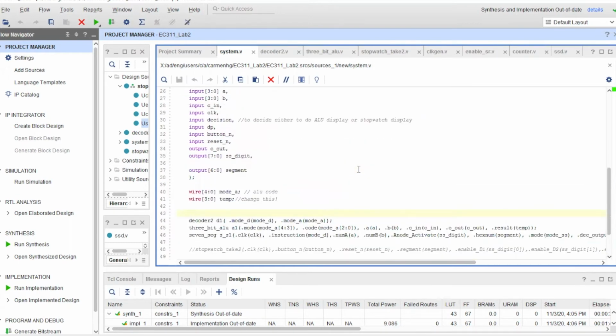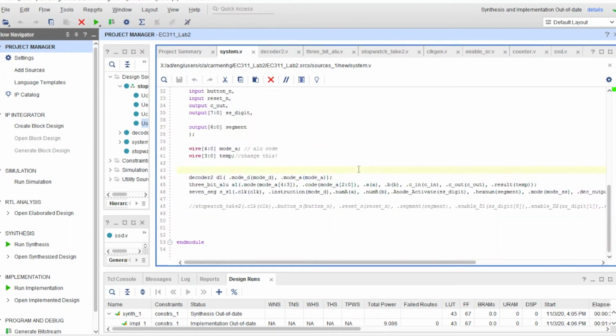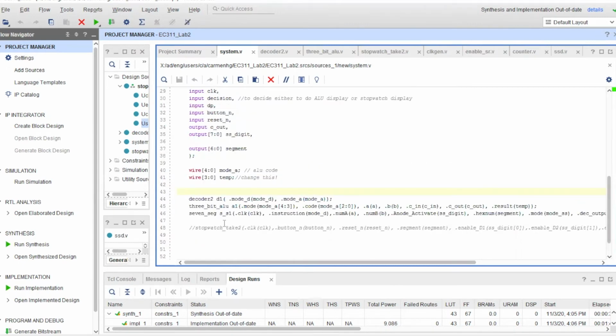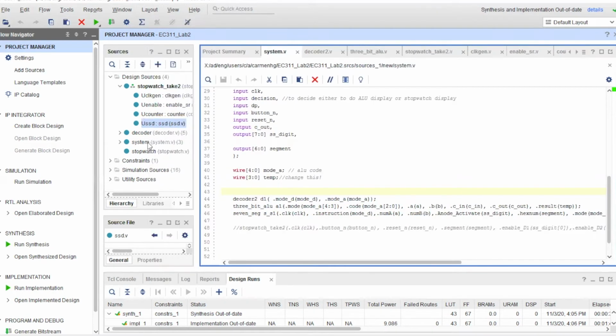But after some research, this is really not a programming language like C++ or another object-oriented programming language, Python, whatever it is. So we're coding this hardware, and we can't just call something on a condition just like that. I did a lot of research on this. I couldn't find a way to do it. I think the way was to do it inside the 7-segment display, inside this module that we have